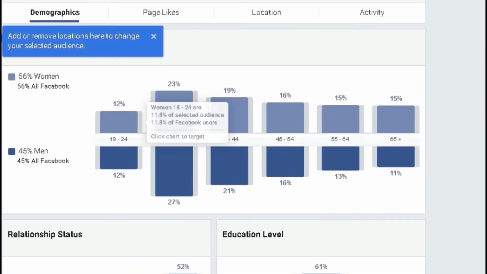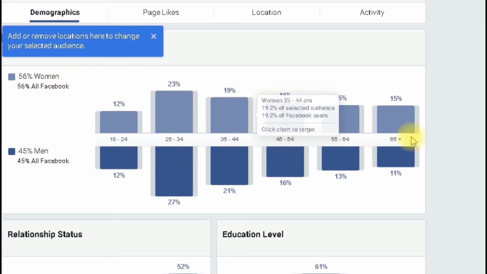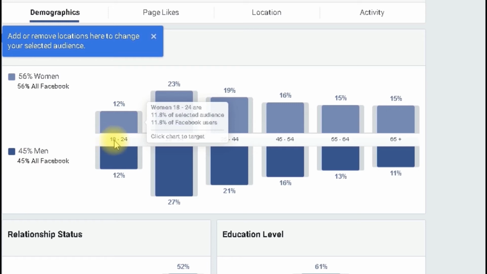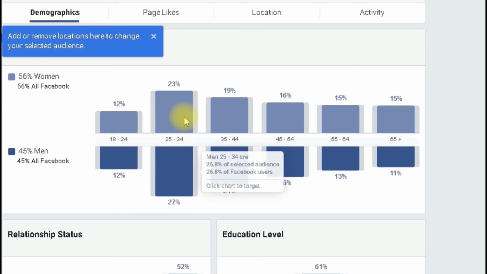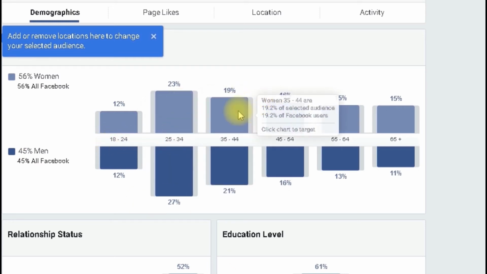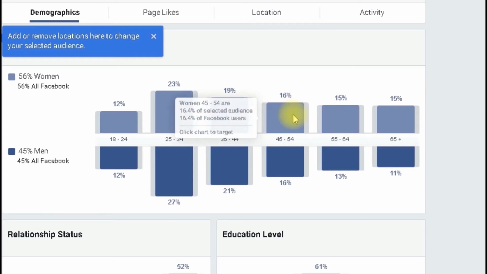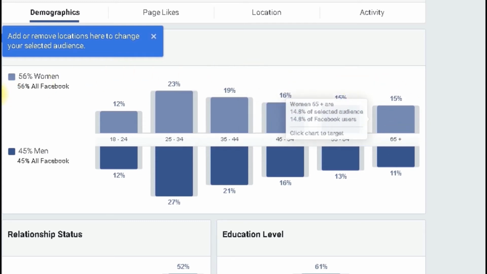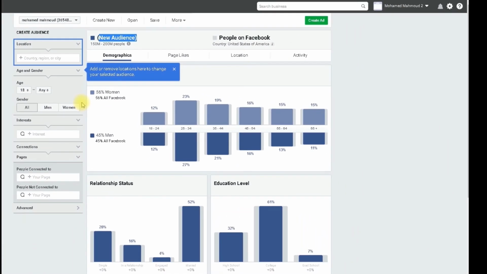Demographics. It's about the age groups of male and female. One of the important steps, which we assume that you have done, is to define a target persona preference before creating a Facebook campaign, because it will help you to know the age, gender, and interests of your target audience. Since we market a training course in digital marketing, one of the most important things we must look for is the interests, and enter them in the interest field.